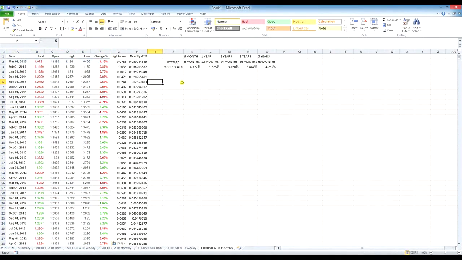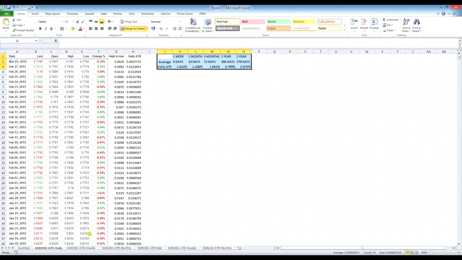So the final stage that we go through is actually getting all of our time horizon analysis, so monthly, weekly and daily period ATR time horizon analysis for both the Aussie dollar versus USD and the Euro versus USD, and put it all in the summary file, in the summary worksheet, so that we can draw some comparisons more easily. So let's start with the daily Aussie dollar USD